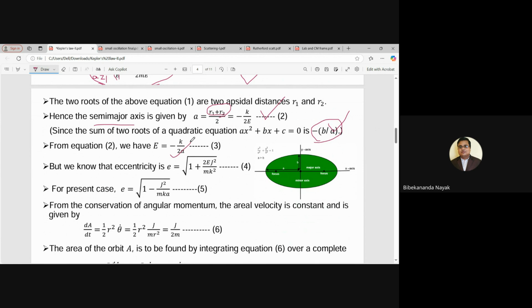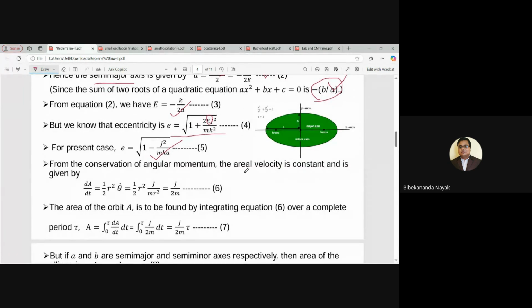But we know the eccentricity from Kepler's first law. We have the formula: eccentricity equals square root of 1 plus 2EJ squared by mk squared. Putting minus k by 2a in place of E, we get eccentricity equal to the square root of 1 minus J squared by mk. So again, from the conservation of angular momentum, or the areal velocity being constant, the second law, we know that